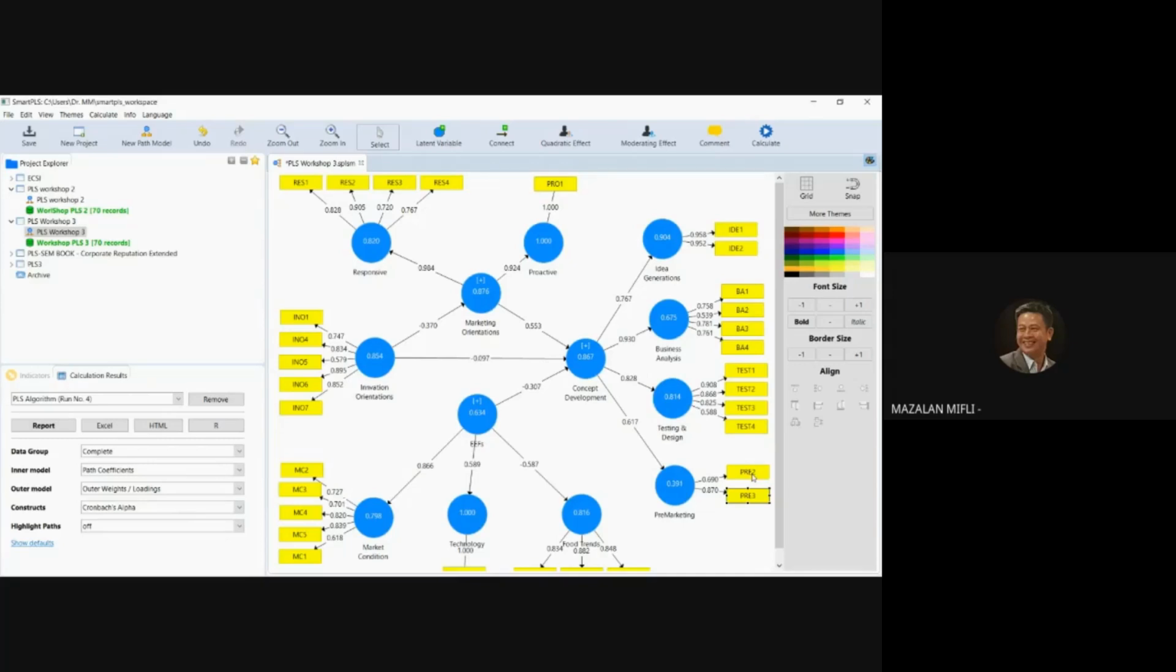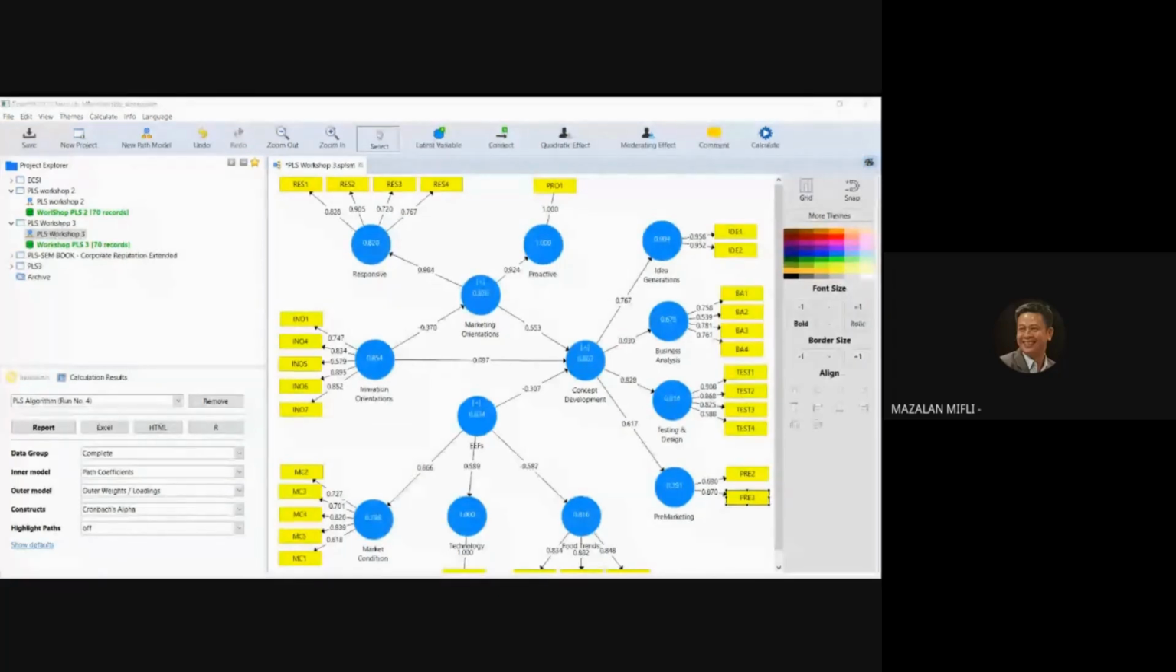We only have 2, so there's not much you can do. So if you are actually in this situation, that's the reason why I share with my students that to ensure that your